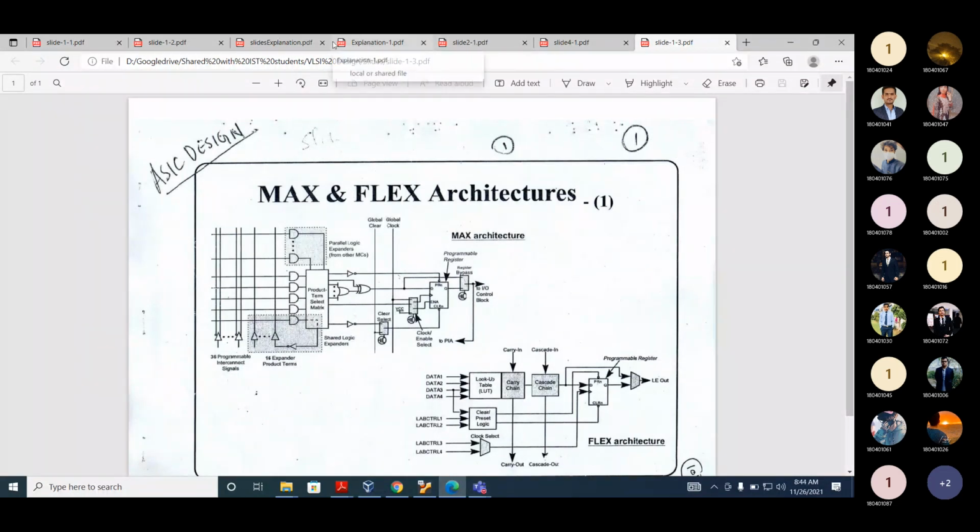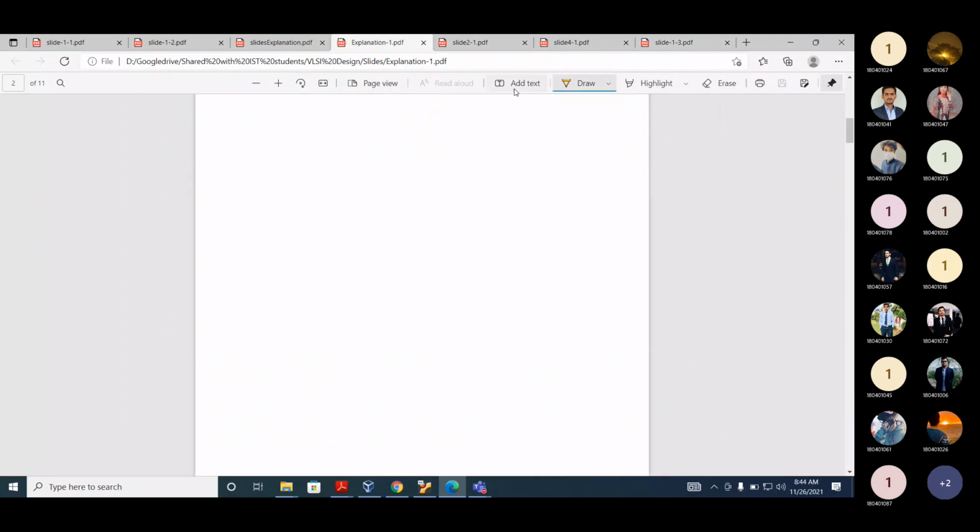Let's assume we have this code. Always at posedge of clock or posedge of clock, begin, and now we say, A and J not equal.